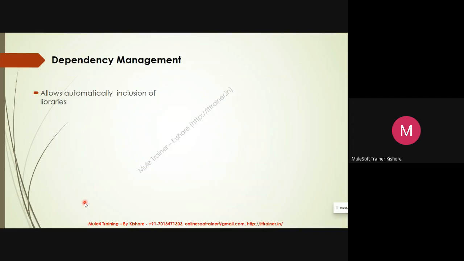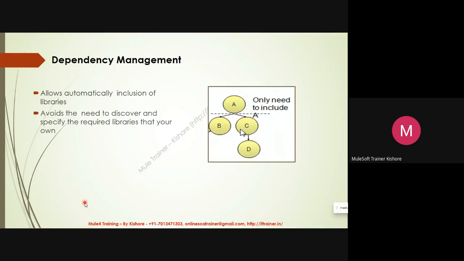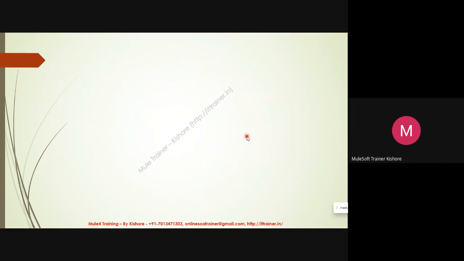So dependency management allows automatic inclusion of libraries, and avoids the need to discover and specify the libraries that you require. It will automatically download the dependent libraries, but what you need to do is tell on the first element only, I need only this jar. If this jar is dependent on some other jars, Maven will automatically take care of that and get you those. Quick time check, 9:25.